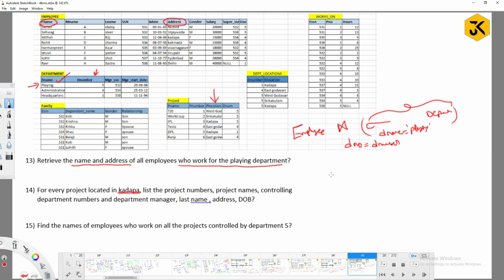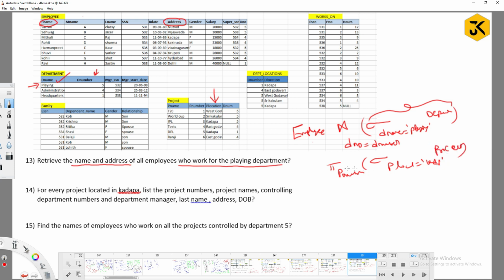What are the project numbers for the project location? How can you do that? Projection of project number from, so you have to make a select operation. Select project number. Sorry, what have they given here? Project location, P location equal to Kadapa, from the project table.